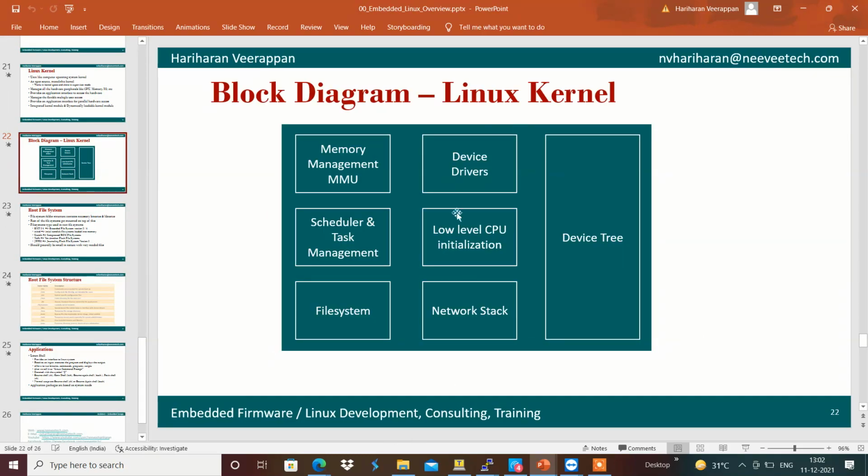All the device drivers will be part of the Linux kernel. All the networking stack, the file system handling, task management, process management, thread management, memory management, and CPU initialization are all part of the Linux kernel.